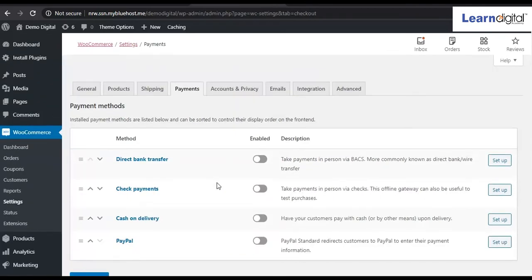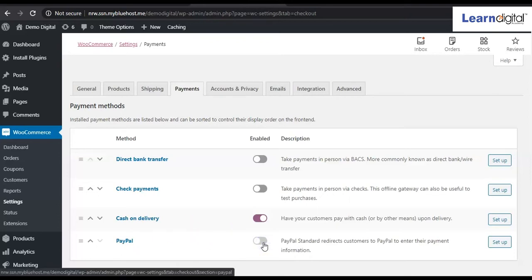So right now we'll just have to select cash on delivery, right? If you have a payment gateway as well, by default it is showing PayPal. PayPal means you must have a business account over there, and you have to create your account in PayPal. So when you will be integrating PayPal, normally PayPal is a payment gateway which accepts all the currencies, and which accepts all the debit and credit cards as well, right? So if you want to add this one, simply you can